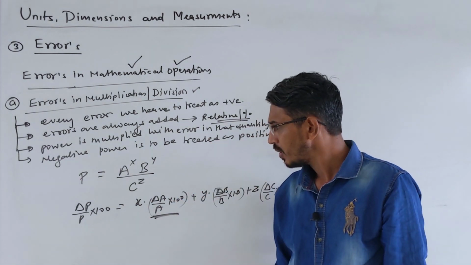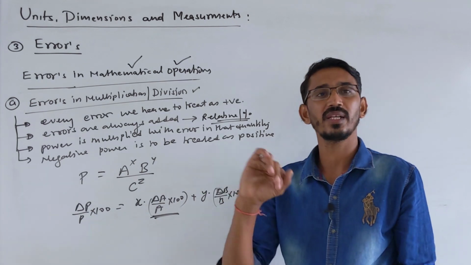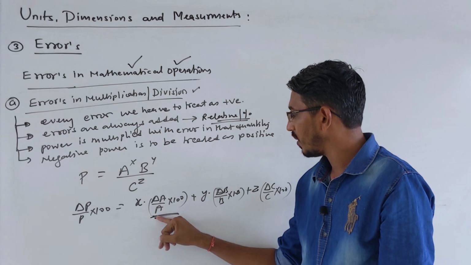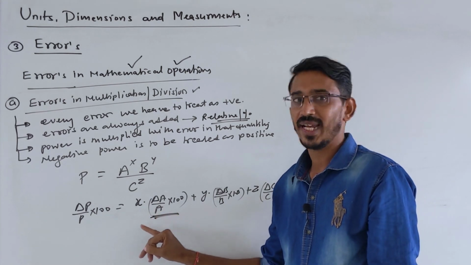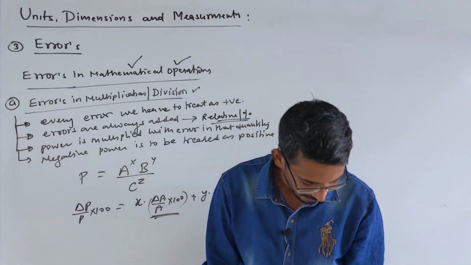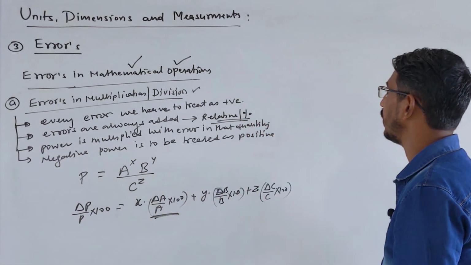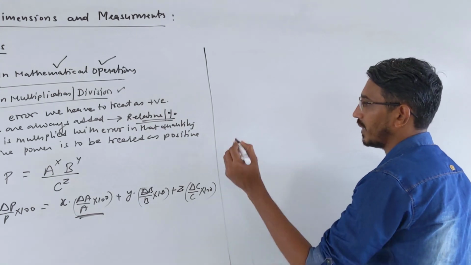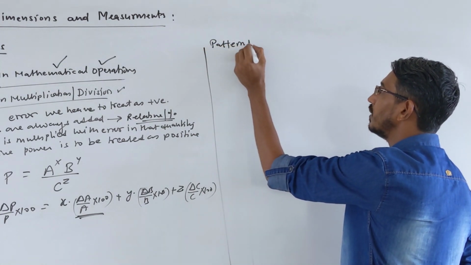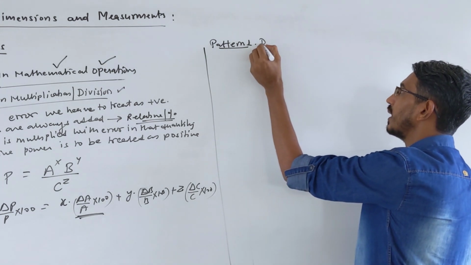Even once you understand, there is no need to put it in the formula directly, I will tell you how to do it. Or sometimes they will give the absolute error and the correct value, like del A, this is called the absolute error in A, and A is the correct value. That format also we will talk about. Okay, so let's do one by one all these patterns which they have asked in the exam. So now we are doing purely the patterns which they have asked in our exam. So pattern number 1, right? I can give some name directly.